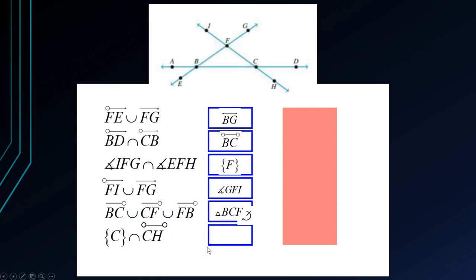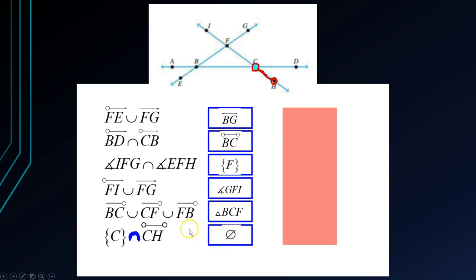Obviously, by process of elimination, it's going to be the empty set, but here's why it's the empty set. Here's point C. Here's the open-ended segment CH. This includes C. This does not include C. So there's nothing that these two have in common. There's only one point in this set here. There's multiple points in this set, but they don't have any that are in common. And because it's an intersection, then I would have to say, okay, well, there's no